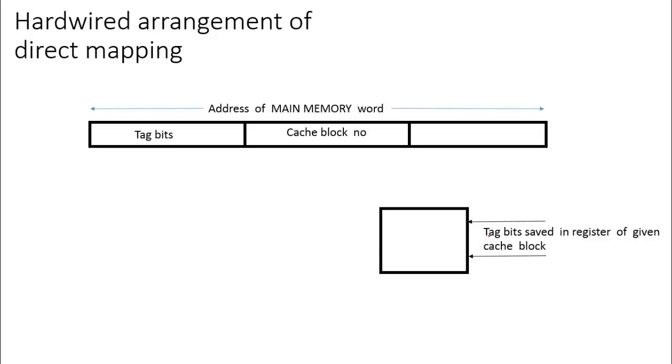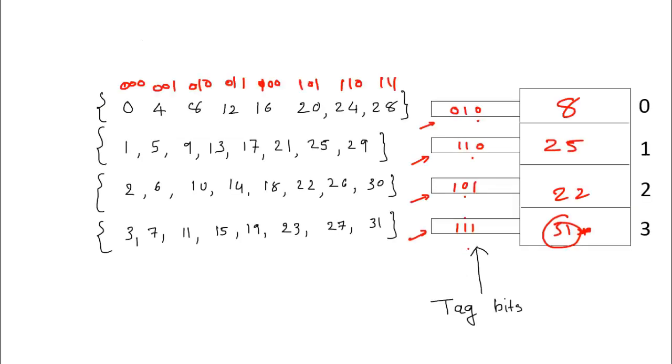It is connected with the registers that store the tag bits of each and every cache block. So this block has tag bits saved in the registers of given cache blocks. If you remember, I am talking about this over here. These are the registers. Let's say these are 3-bit registers, and these registers are connected